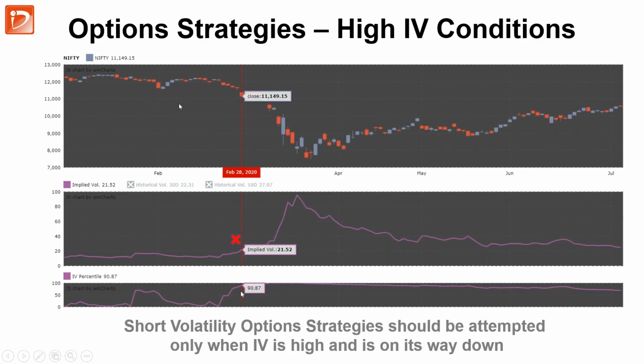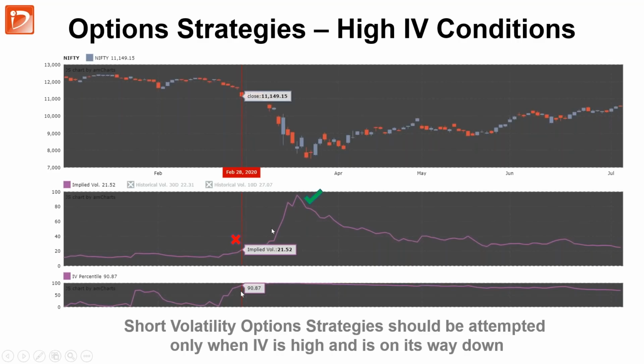For example, in February, in the Nifty VIX went up, and the IV percentile was around 90. If you suddenly looked at this, you would have thought, oh, this is a very high IV condition, so I can do a short straddle or short strangle. But that is not the correct time, because after this, we don't know how long the IV will go up. And if you had done it somewhere here, and didn't take a stop loss, you would have lost like 4 times of what you got as credit. So this is very dangerous to do when the IV is moving up.